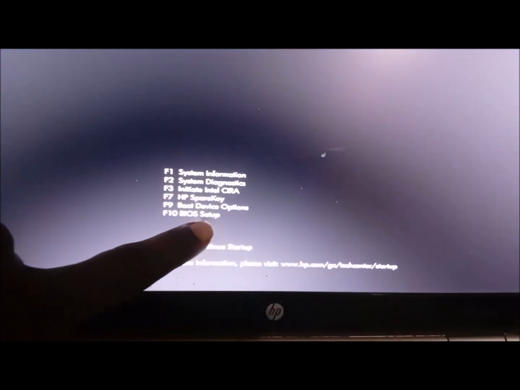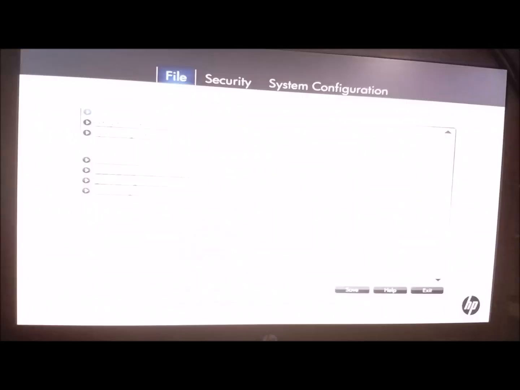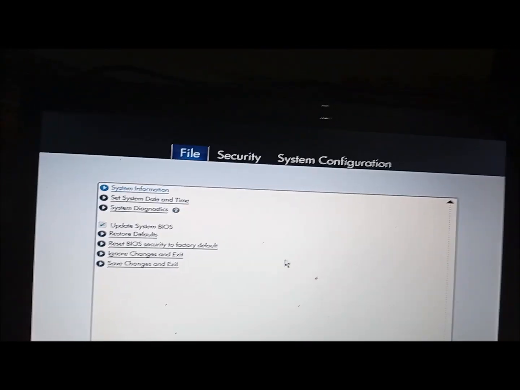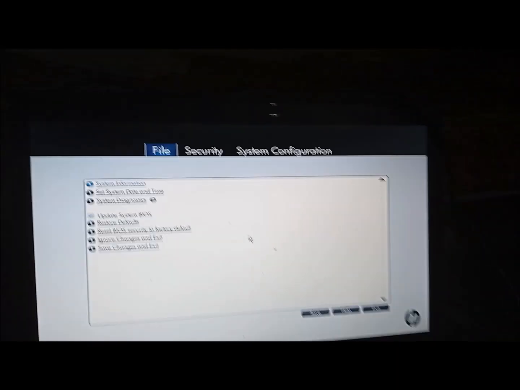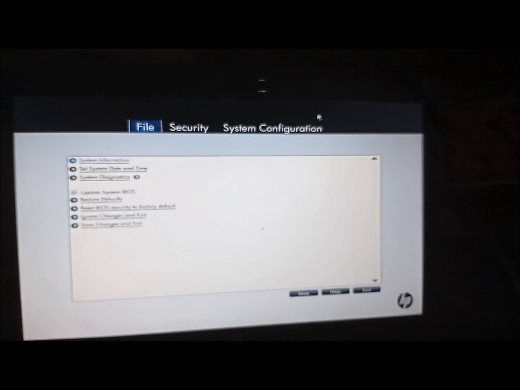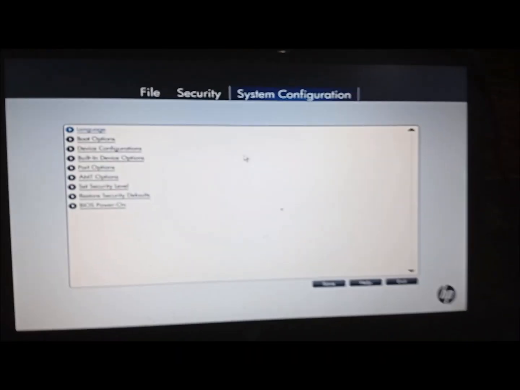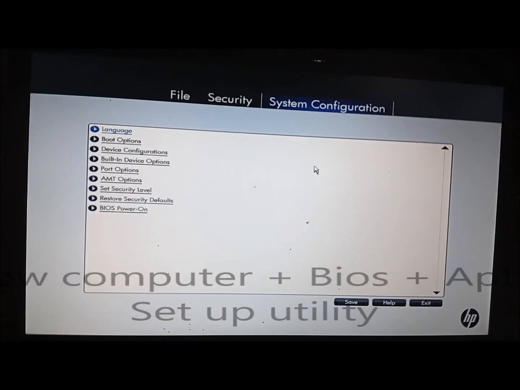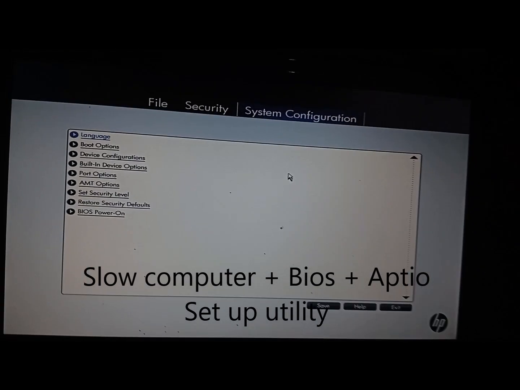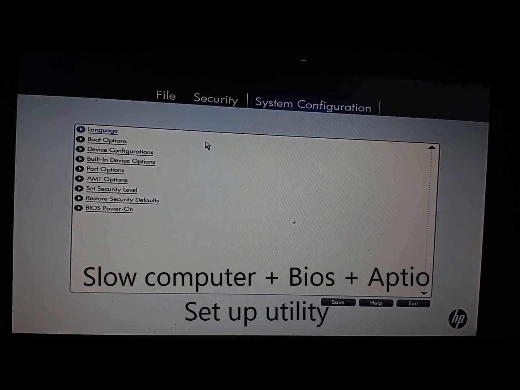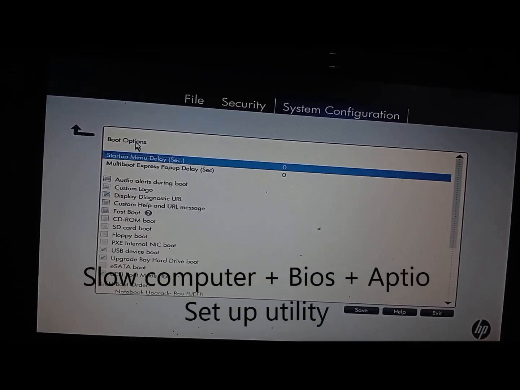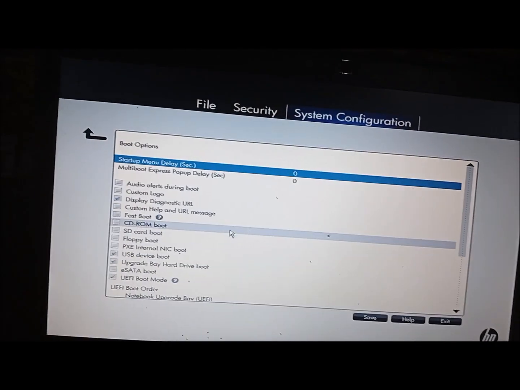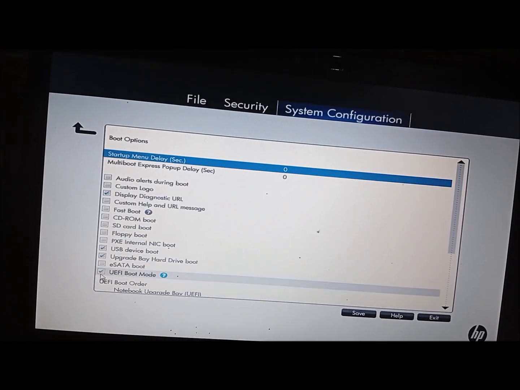And then the computer will bring you to this black screen where we need to select the BIOS setup, which is F10, and go to system configuration. Let me just navigate to system config, and then in the system config, wait for the camera to readjust. Pardon my camera, but just bear with me. Go to the boot options and then scroll down and disable this UEFI boot mode